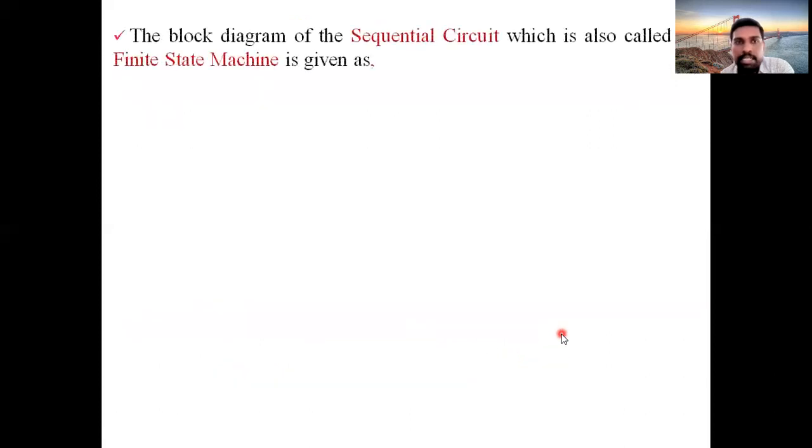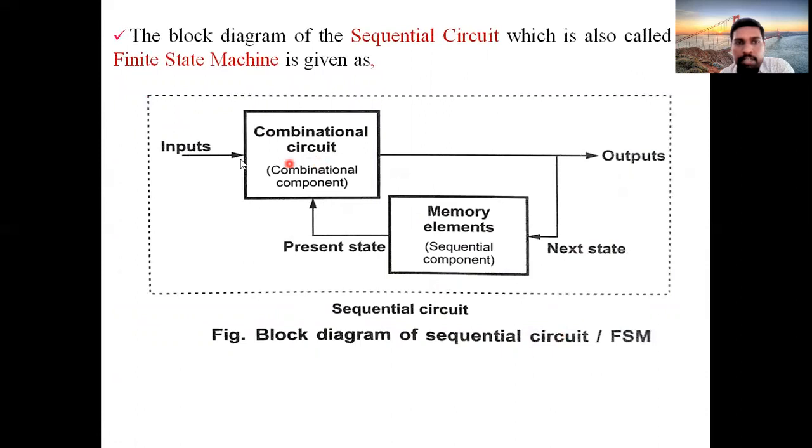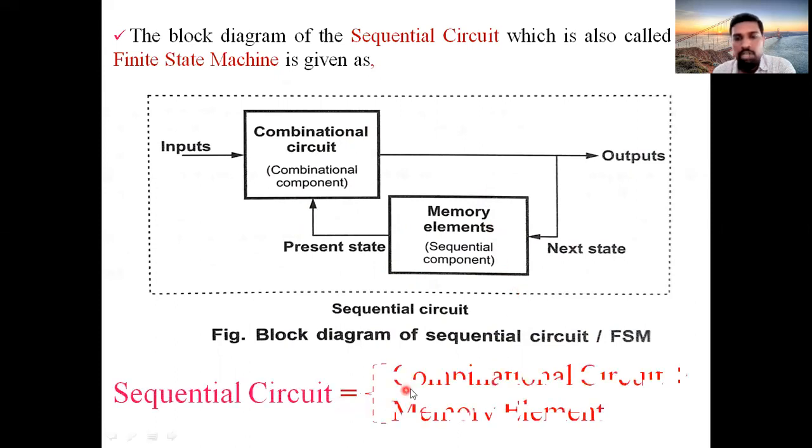Okay, next, if you observe the block diagram, here inputs are given to a combinational circuit, and this combinational circuit will generate output. And when this output is taken as feedback by using the memory element, and it is used as an input of the current state, then you can say it is a sequential circuit. Okay, a combinational circuit which is linked with a memory element. The entire combined diagram you can call a sequential circuit. Therefore, the sequential circuit is equal to the combinational circuit plus a memory element.